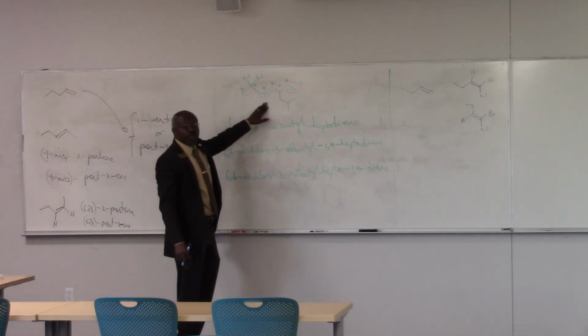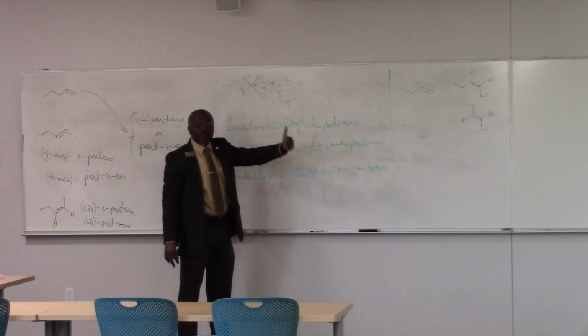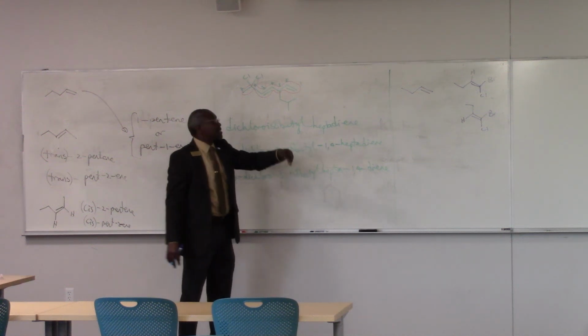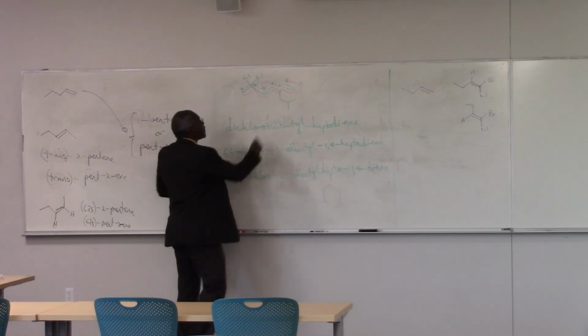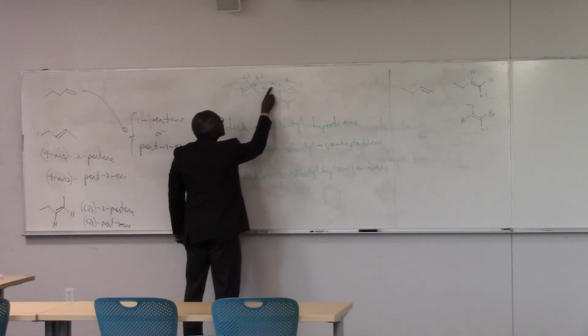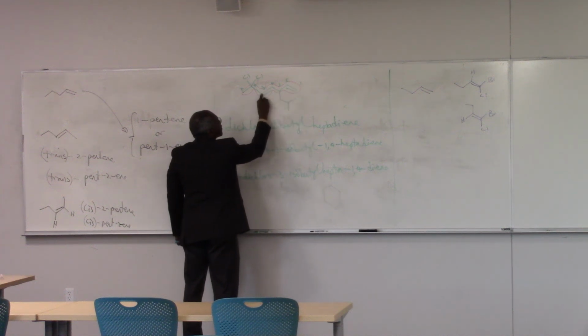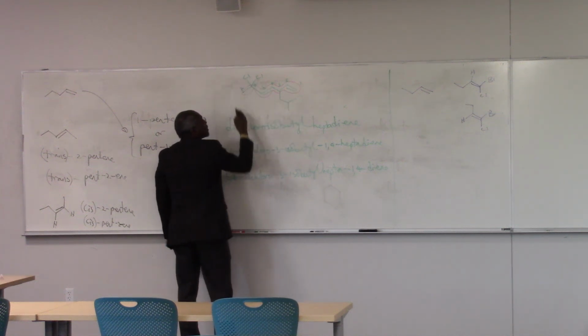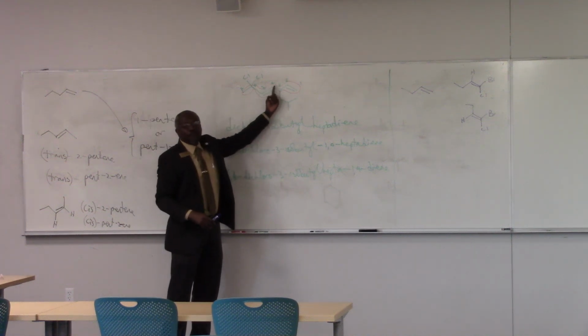When I look at this one, this vinylic site is incapable of geometric isomerism because I've got two H's, not an option. But this one, on this carbon, has an H and this group. This carbon has an H and that group. So neither carbon of the 4,5 site